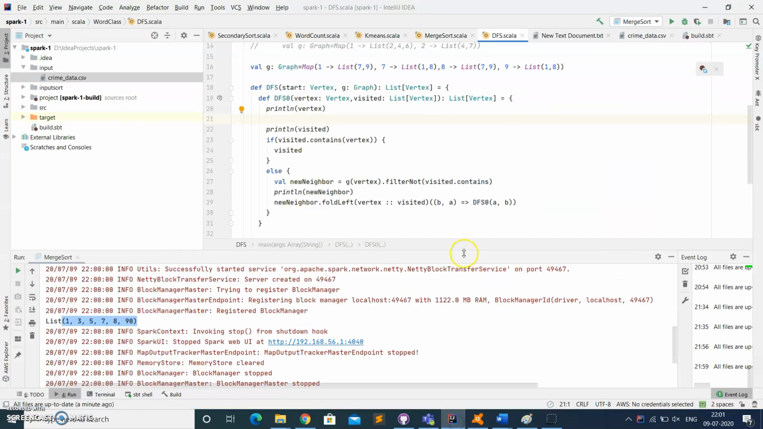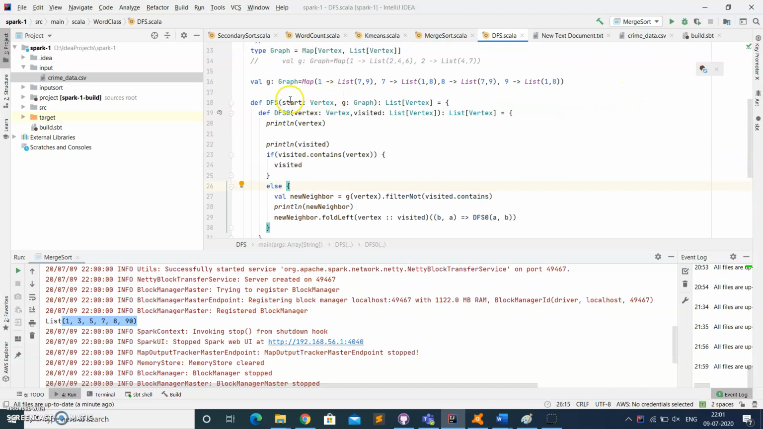So the next step is that here we have two functions, DFS and DFS0. Here the vertex that we are starting with is 1. So this will be passed to DFS as well as DFS0, where whenever we are visiting a vertex, we'll print the vertex value, as well as mark the vertex as visited. If the visited array, as you can see it is a list, contains the vertex